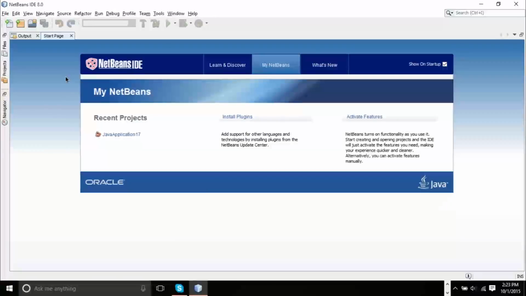The coding is going to be relatively the same, because they both use Java code. So if you want to use Eclipse, you can use that. If you want to use Netbeans, you can use that. I'm using Netbeans because that's what I've been using ever since I started taking programming classes. I'm going to leave download links to both of those programs in the description below. You can choose which one you want to use, but we're going to be using Netbeans. Once you have it downloaded and installed, which is fairly easy to do,